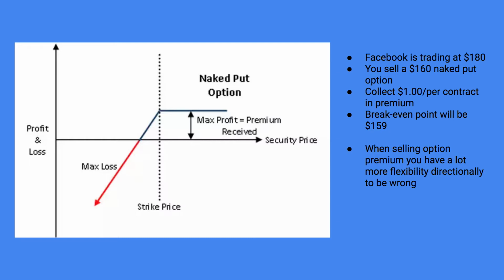So when selling option premium, you have a lot more flexibility directionally to be wrong, because as long as Facebook trades above $159 before the expiration date of that option, you will essentially make a profit. This means that you have more room for error, and in the worst case scenario, you will end up owning stock in Facebook with a cost basis of